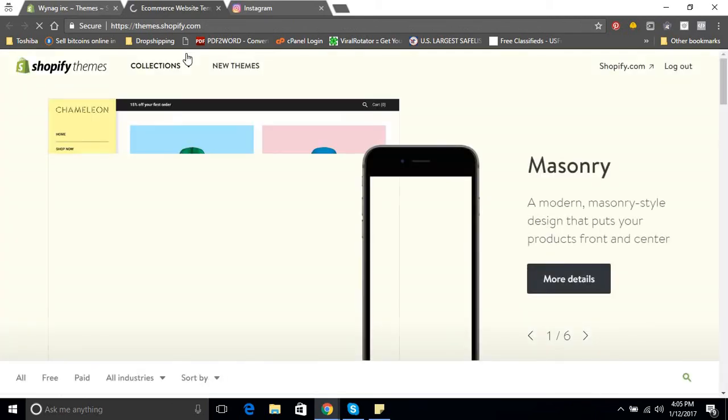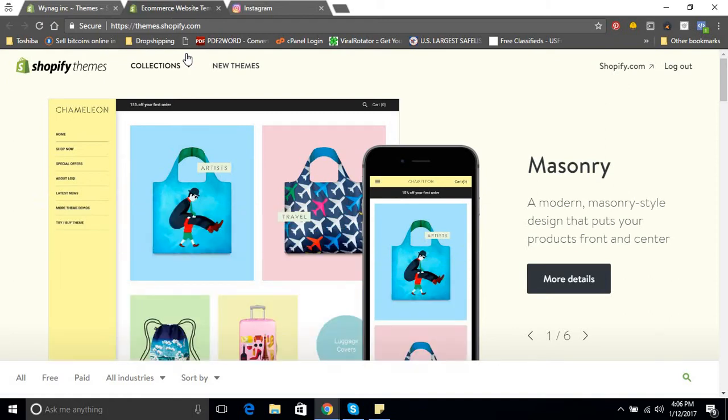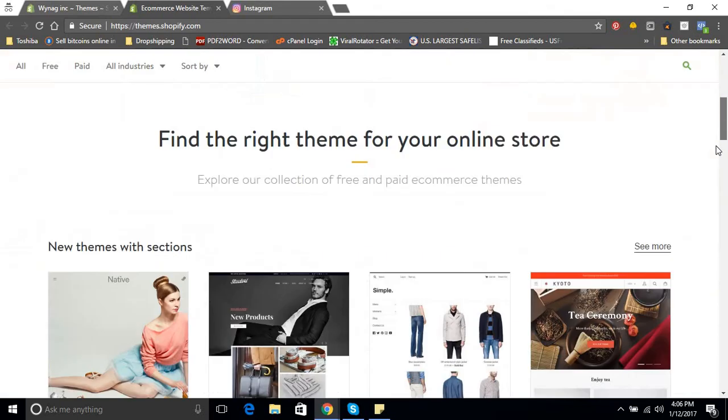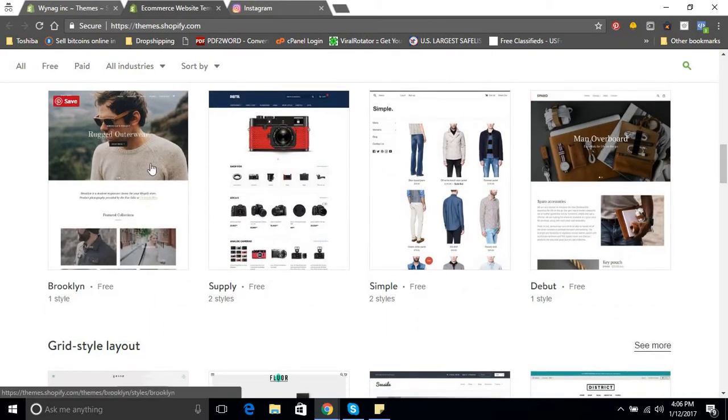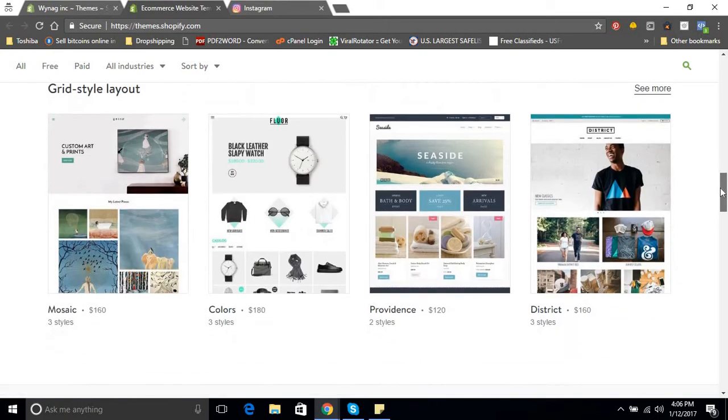And someone once asked me what my favorite theme is. It's actually the minimal theme. I really like that theme. But Brooklyn is also good. It's a great theme, converts well. And